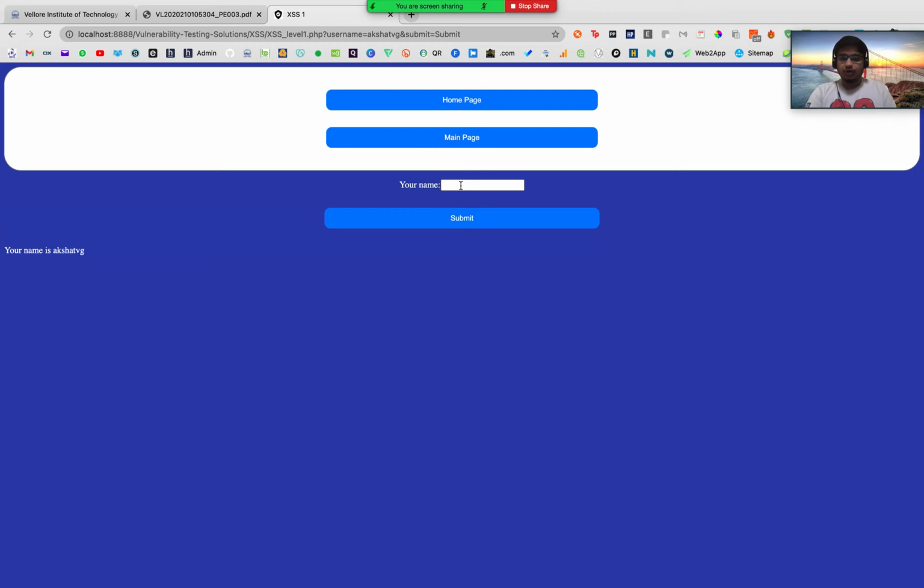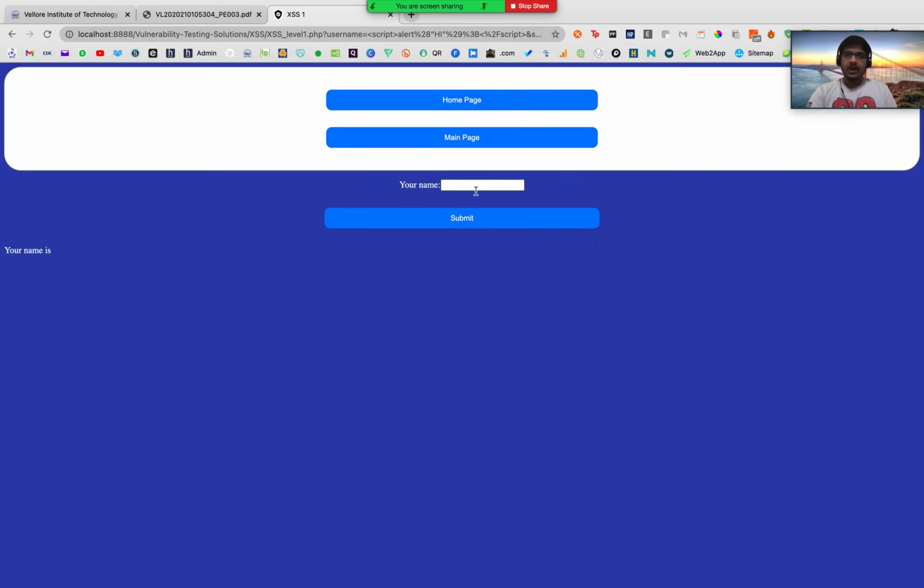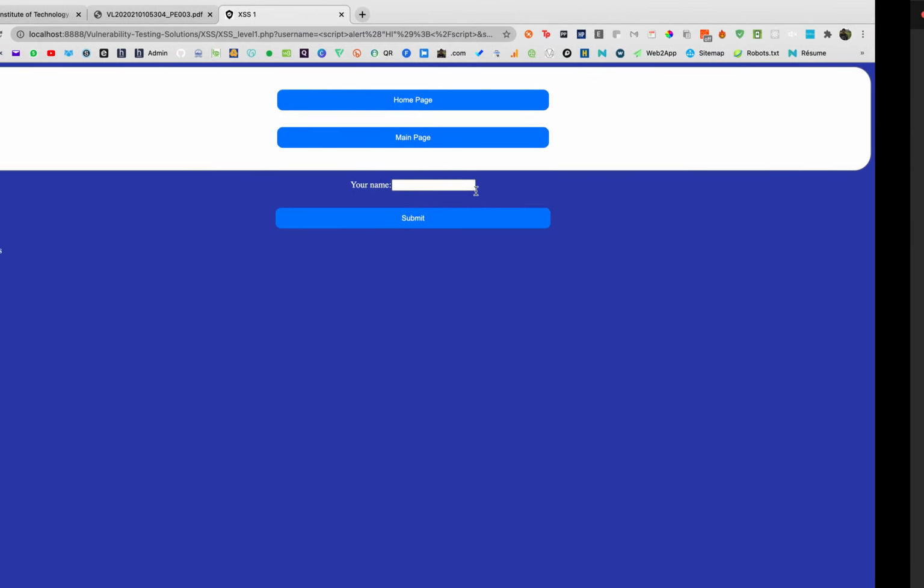But in case I want to attack it now, I'll show you a few simple attacks. For example, you can see the script alert hi. So this is a very simple reflected attack. Whatever I type inside the alert box will be displayed over here. So I'm just going to hit submit, and you can see that everything on the web page vanished and it shows hi as an alert box. So that is not the actual functioning of the website and it has been altered through the XSS reflected attack.